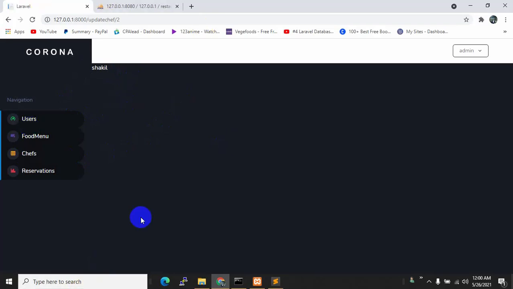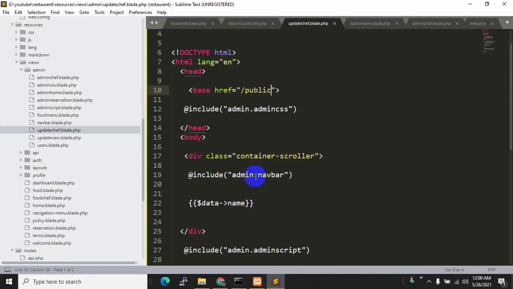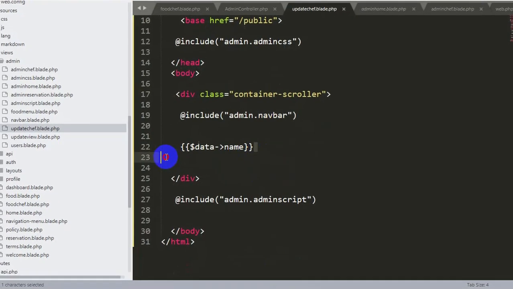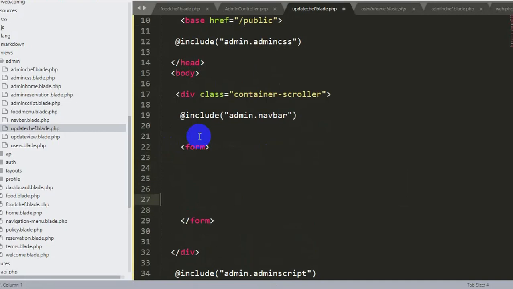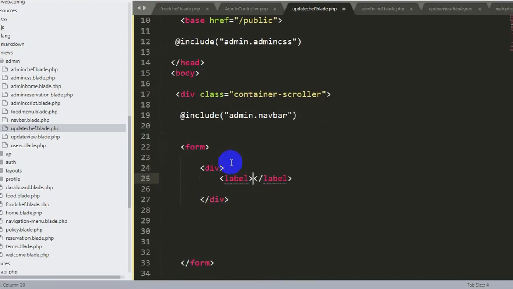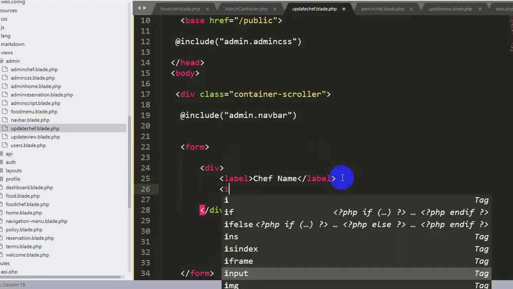Now we are going to give it a proper look. So we are going to mention a form over here, and inside this form we will have some labels and input fields. Inside this form, let's say a div, and inside this div the label will be chef name, and we'll also have an input field.